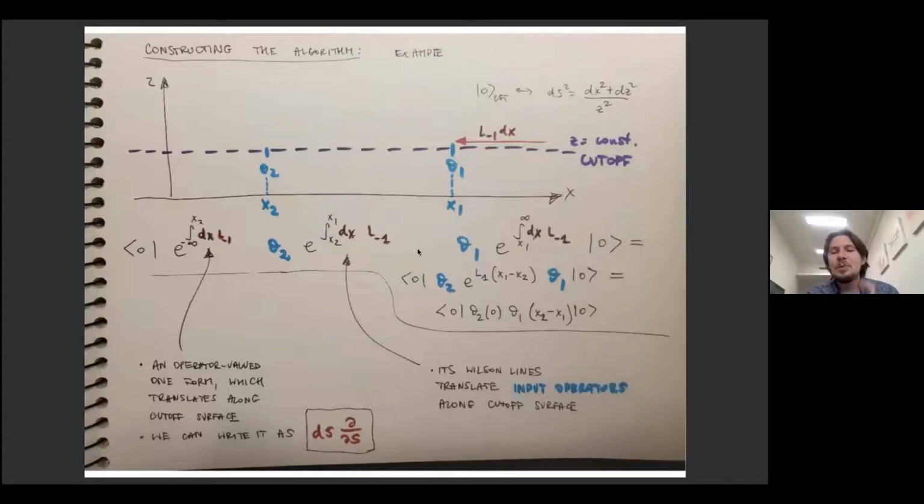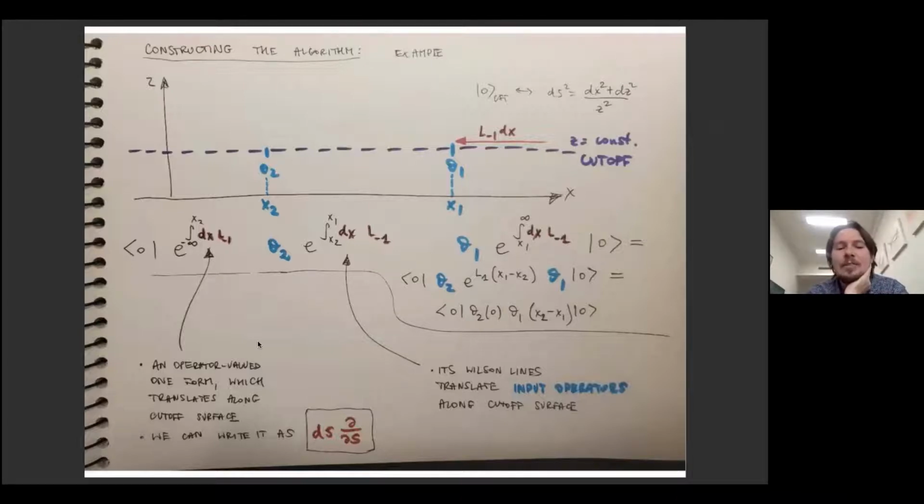The reason why this is a generalizable way of computing correlation functions is that I didn't really use any tricks about the state to compute the correlation function. The only thing I was doing was sliding along the cutoff surface. Then I picked various operators, and then I slid again and picked various operators, and in the end, I formed a trace of the resulting object, because this expectation value is really a trace.